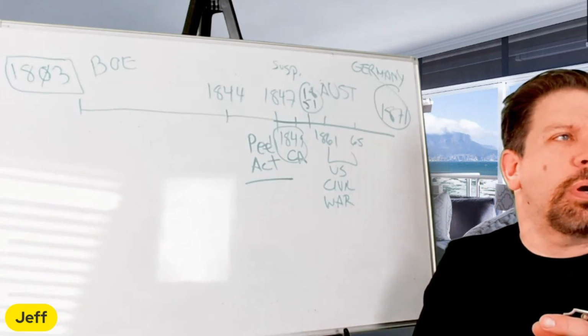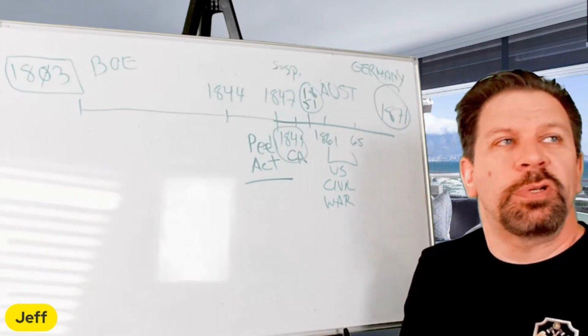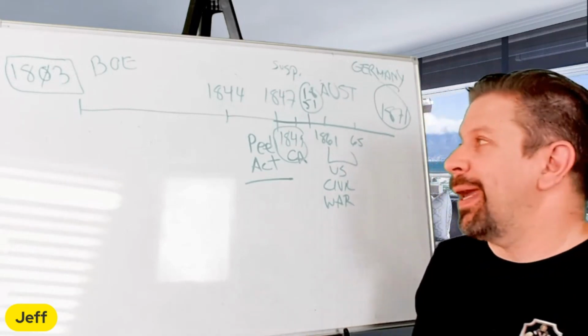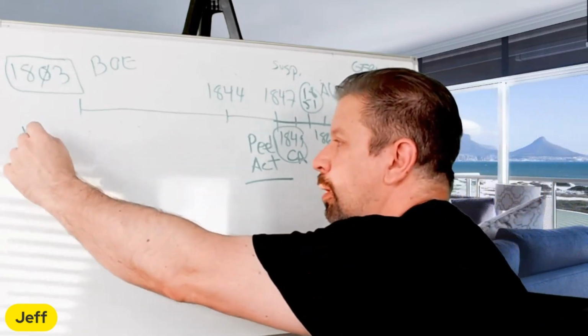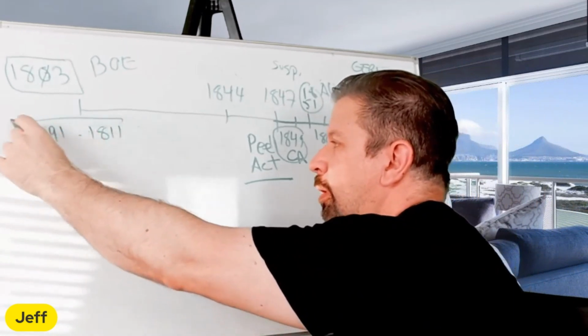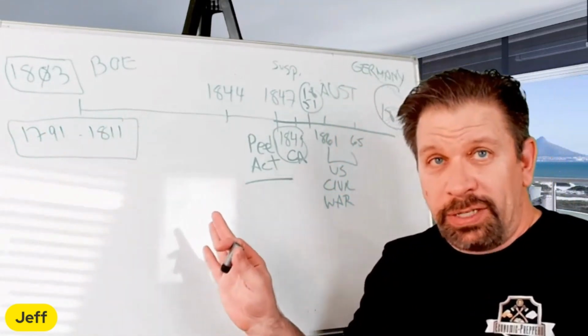It was a 20-year charter, and I think it was 1781 to 1789. That was the first bank, but it was before the U.S. Constitution. So that one technically doesn't count. The first one that counts was 1791 to 1811, and that was a 20-year charter of a central bank for the U.S. That was eventually shut down.